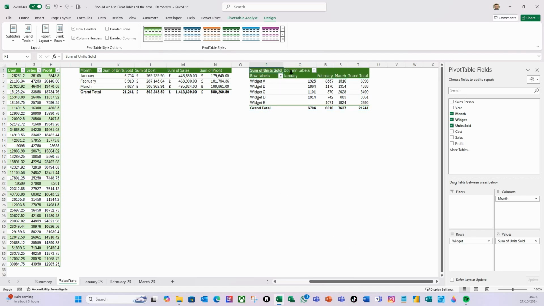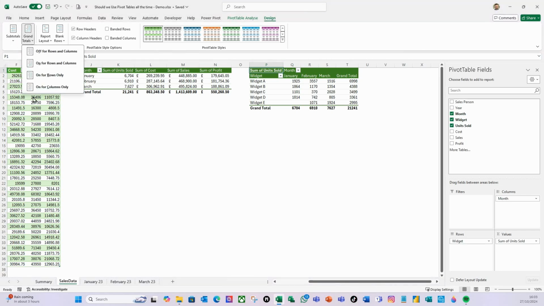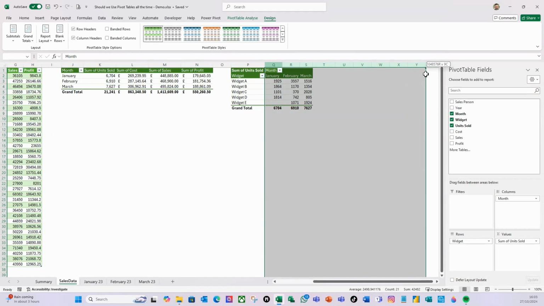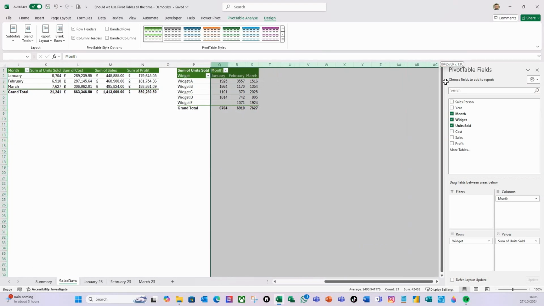Yeah, let's again do it tabular format. As far as the totals, I only want it by column. And then let's make this here. And let's make these all, let's go to AD,